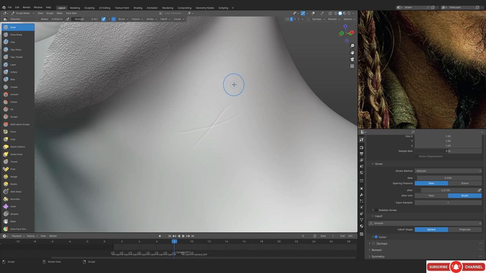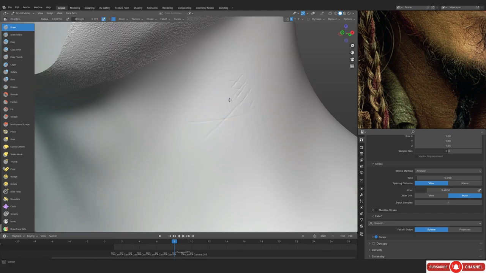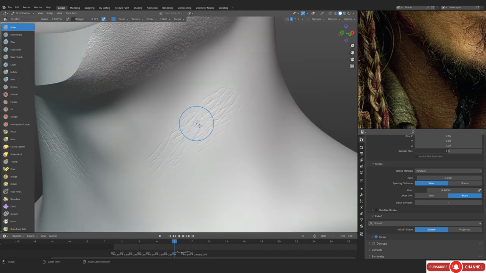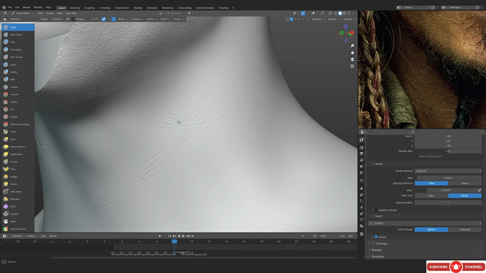But yeah, we are gonna be using the direction brush obviously, and this is, I think, one of the best brushes for the skin. You do get a decent amount of details pretty quickly, and then you can actually just pick up a few of these lines and manually go in and do something of your own. So right now I'm just trying to figure out the right size of the brush so that it actually looks right. It should not look weird or anything.